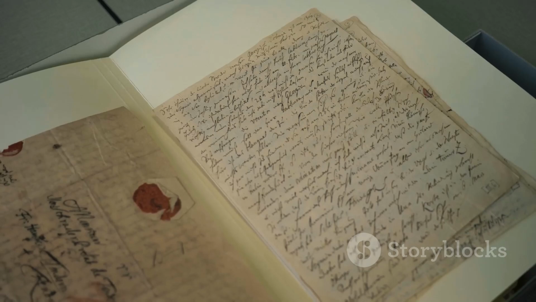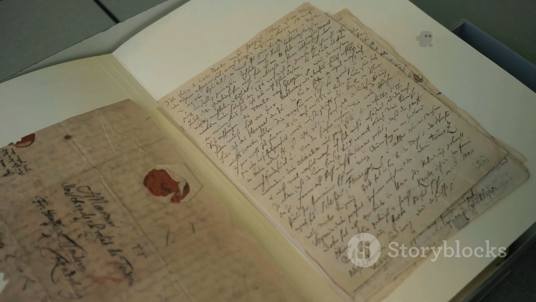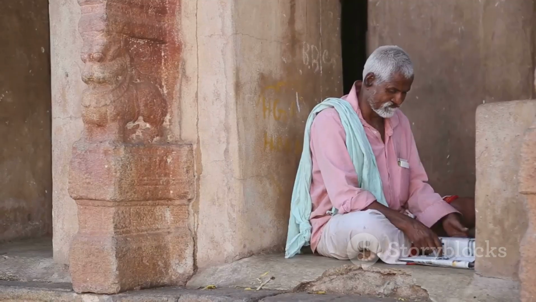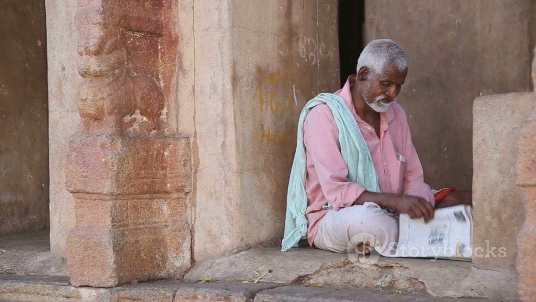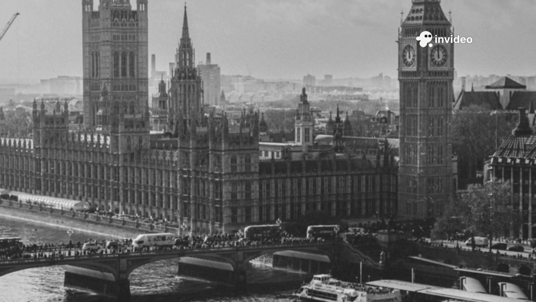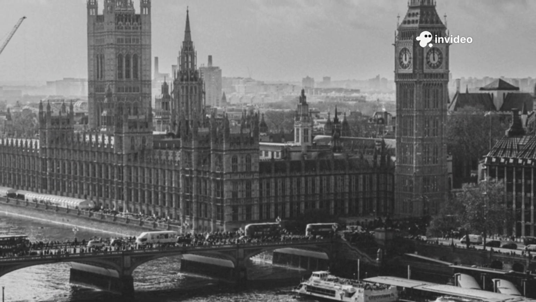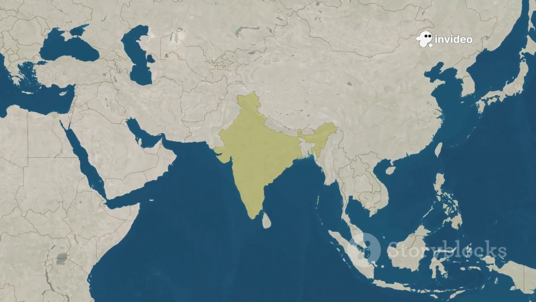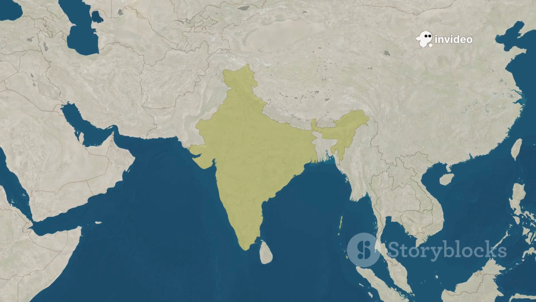The Act introduced several major changes in the administrative structure. It abolished the Board of Control and the Court of Directors, the two bodies that had previously managed the company's affairs. In their place, it created a new office, the Secretary of State for India. This official was a member of the British Cabinet and was responsible to the British Parliament for all matters related to the governance of India. To assist the Secretary of State, a 15-member Council of India was established. This move centralised authority over India firmly within the British governmental structure in London, ensuring that all major policy decisions were made far from Indian shores.